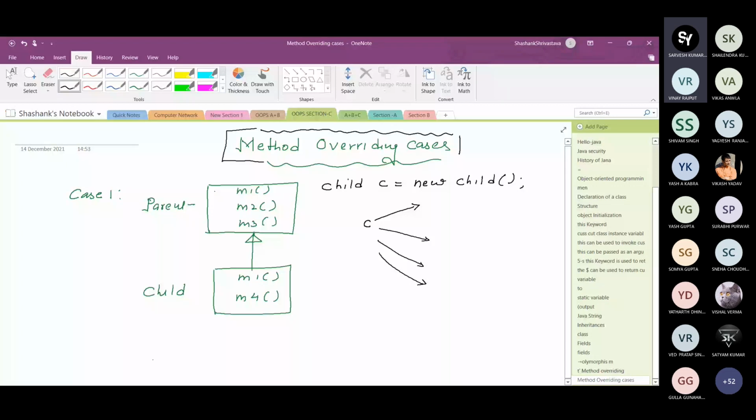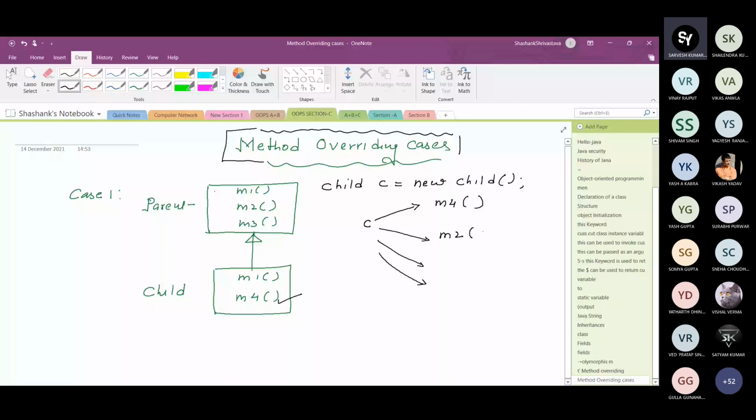So c can call m4 because m4 is a child class method. And since the child class inherits the properties of its parent class, c can access m2 and m3.